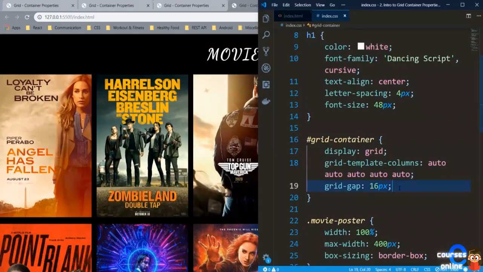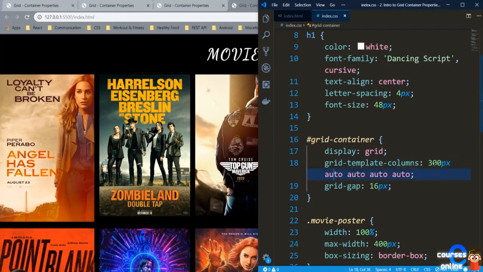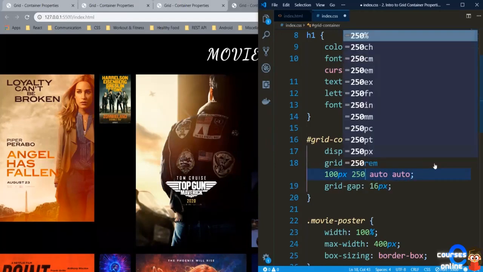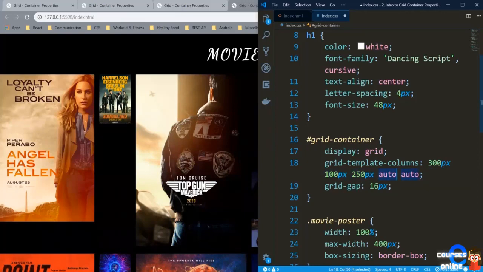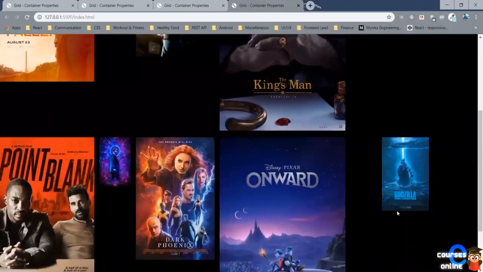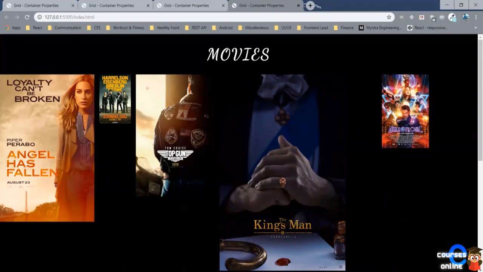So right now it's divided equally amongst all the columns. Say we wanted to give specific widths. Say we want the first column to be 300 pixels and second column to be just 100 pixels. Third column to be, say, 250 pixels. Fourth column to be 500 pixels and last column to be 150 pixels. Let's save it. And as you can see, all these different columns have different widths